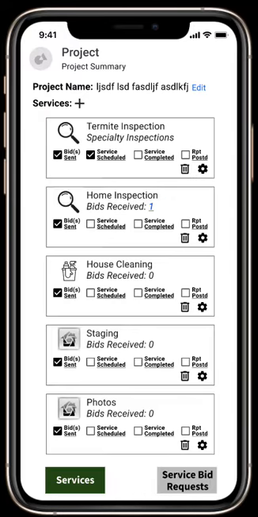So that is the end-to-end process of configuring and sending a service bid from the perspective of the project owner, the service vendor, in this case Specialty Inspections, reviewing and responding to the 2 bids, and then in the last case, the project owner reviewing the bid responses, and then ultimately accepting the vendor